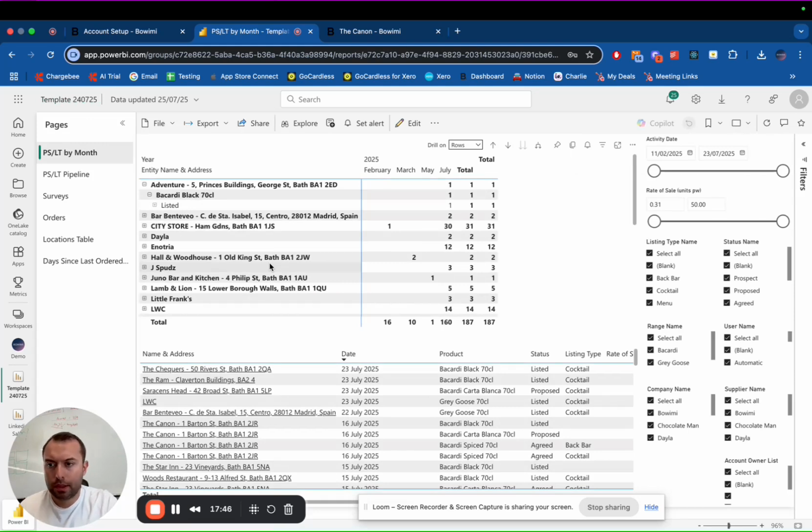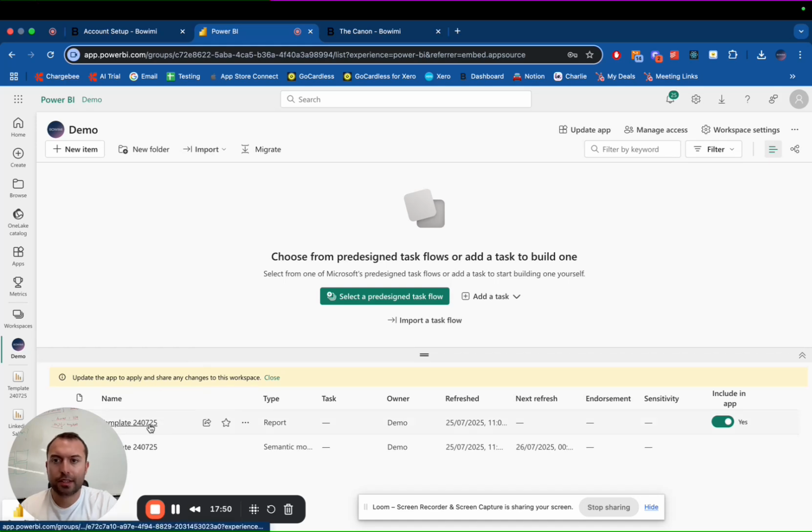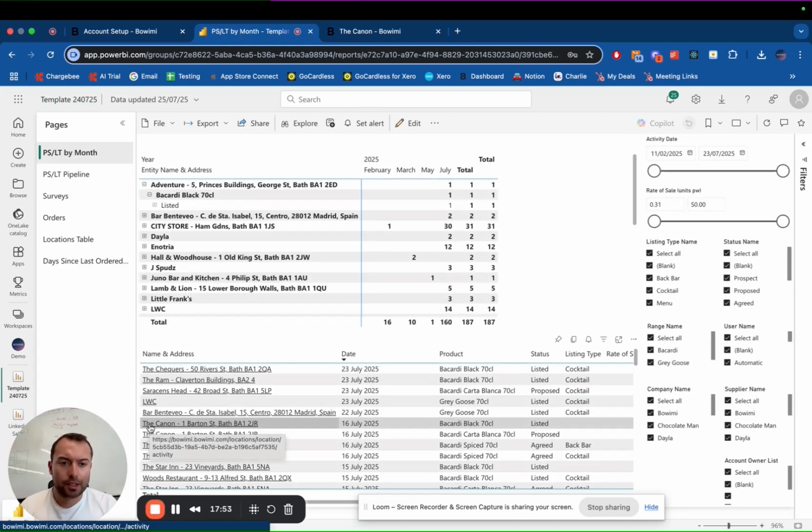So very easy to just access and edit things as you need. And once the report is saved, that's